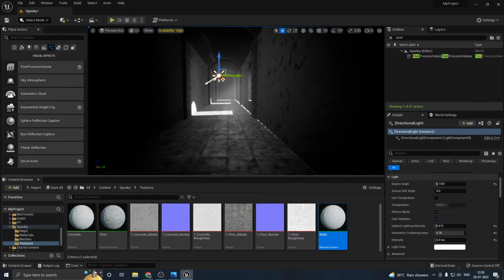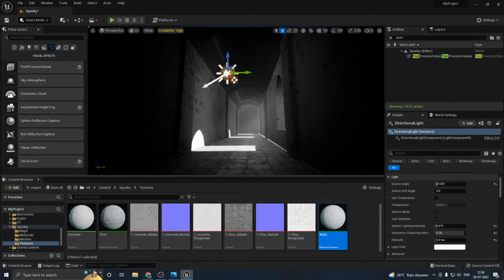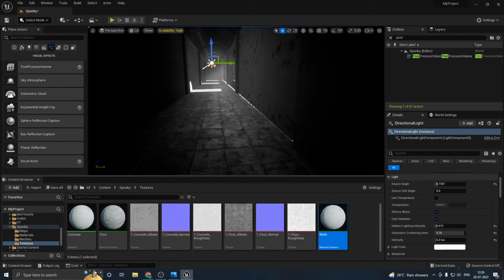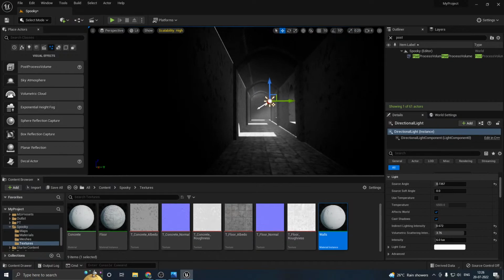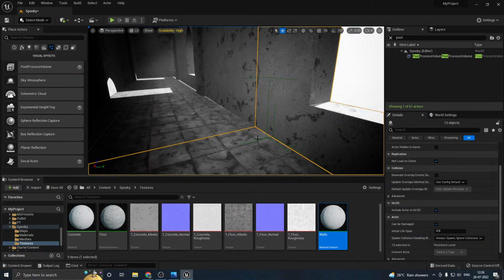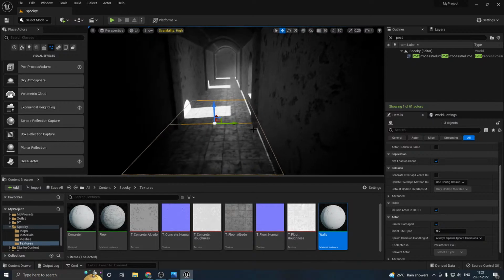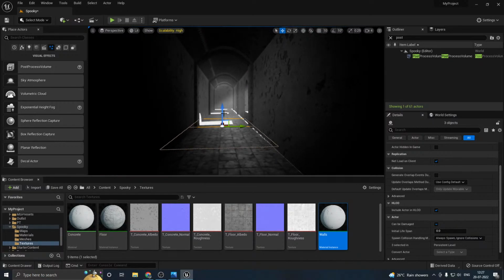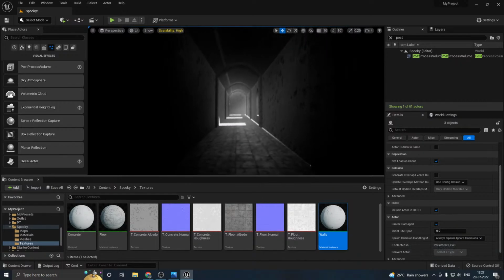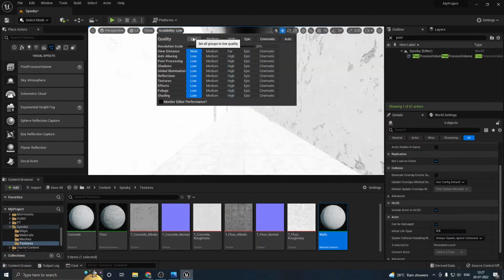Okay, these lights are actually bleeding through all these edges because we are using only plain mesh. See this maybe. Hold on, what if I move this mesh? Okay, and I'm gonna find